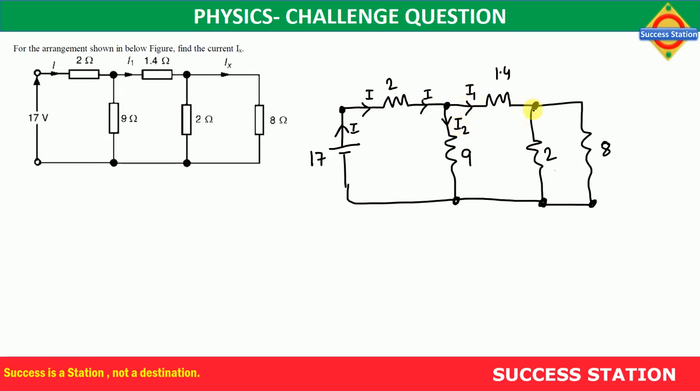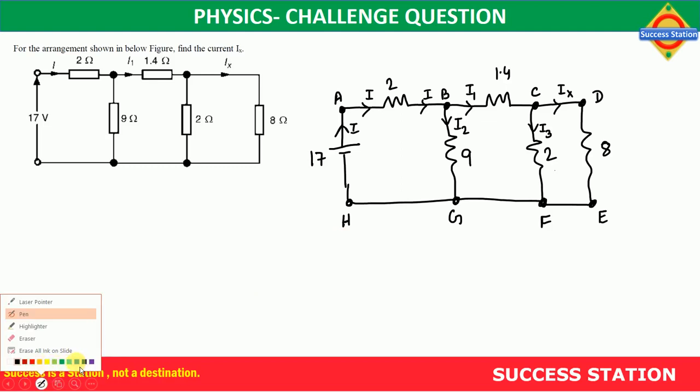And further here, as you can see, this is given in the question as Ix. This will also be something, so let's take it as I3, right? Okay, clear. Now, what loop I'm talking about, I'm giving names. This is A, this is B, this is C, this is D, this is E, this is F, G, and this is H. Clear?